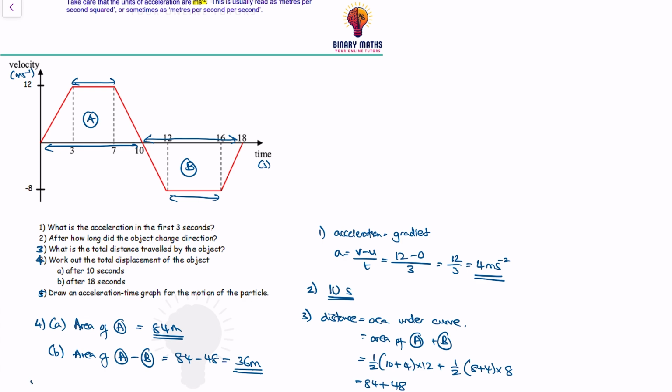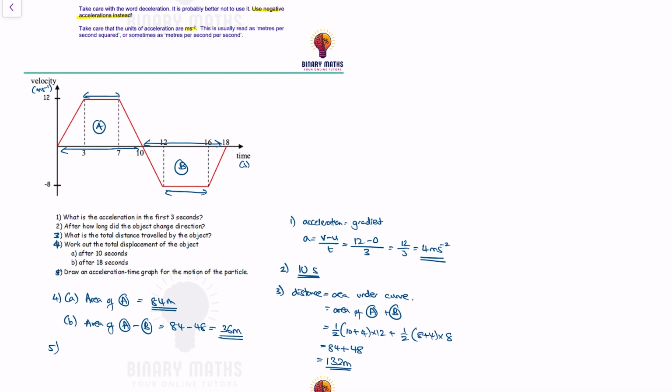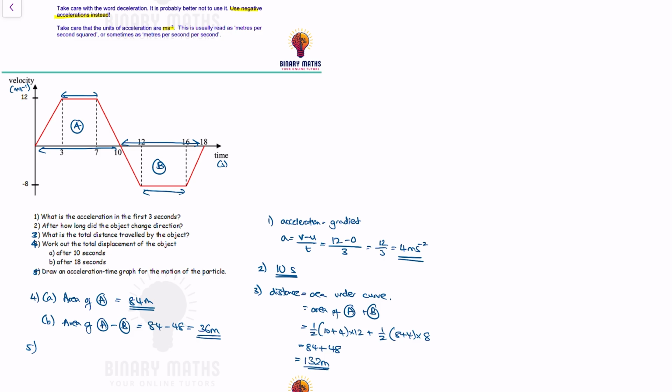Question 5. Draw an acceleration time graph for the motion of this particle. So that means acceleration, time in seconds, acceleration in meters per second squared. So acceleration was 4 for the beginning part. So up to 3 seconds was 4. Okay. And then from 3 to 7,